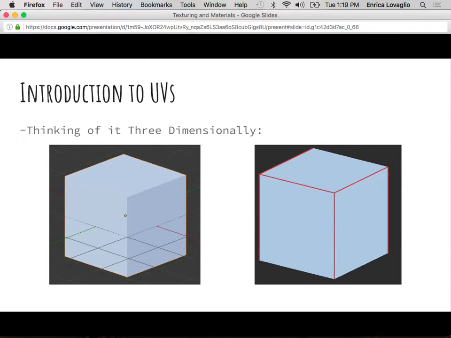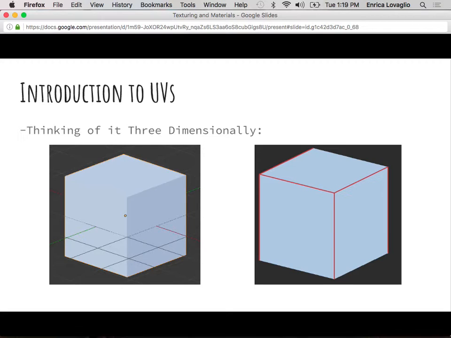So I'm going to go really quickly over the basics of how we do it, because you guys are going to probably go into it more in depth, but basically the steps are making seams and hitting unwrap. The challenge is, where do you make the seams? So starting with the box, really easy stuff. These red lines are where I made my seams when I was unwrapping this box. It was just here, here, here, and then going all the way around so you can have that long tail